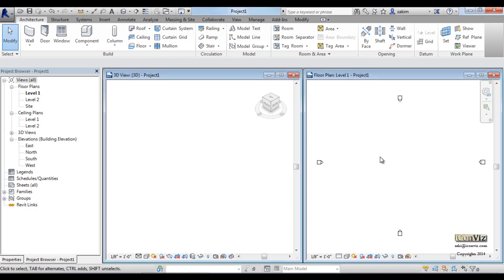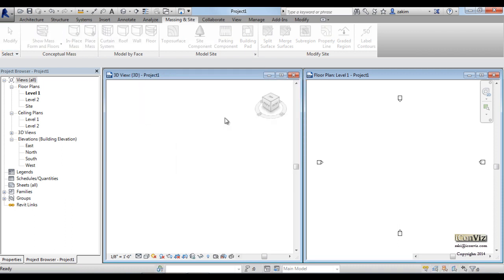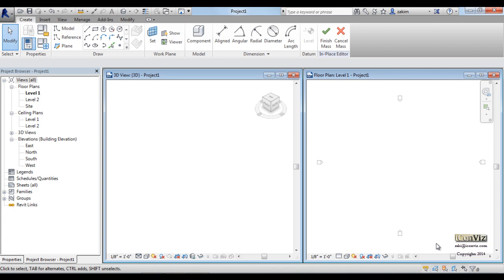Right, so we're going to create this shell structure, which is based on a certain profile for the shell. We'll start the massing. Call it mass number 1. Right, for simplicity, we're going to create a spline going through